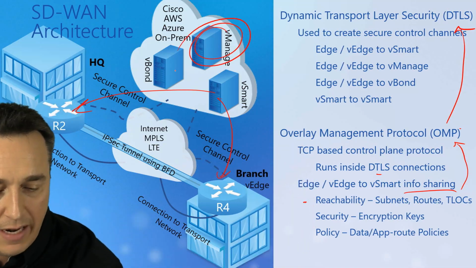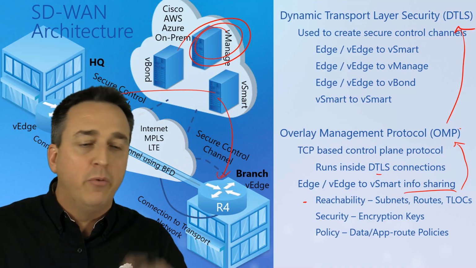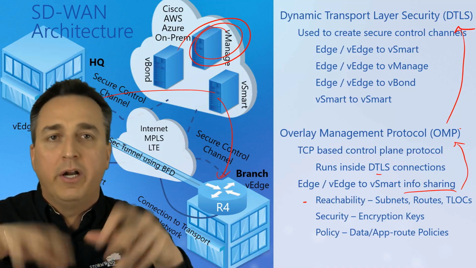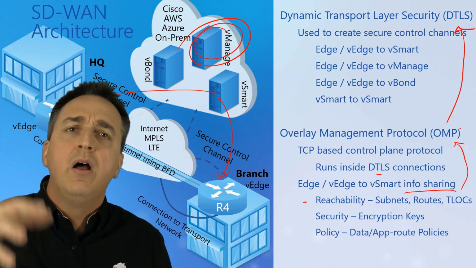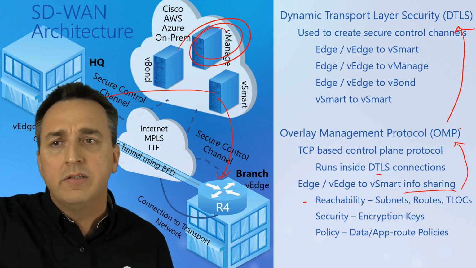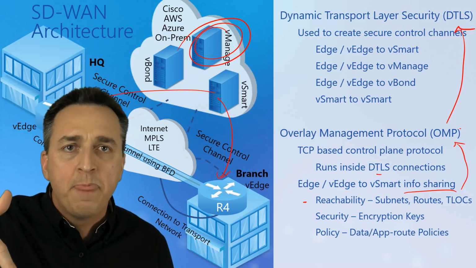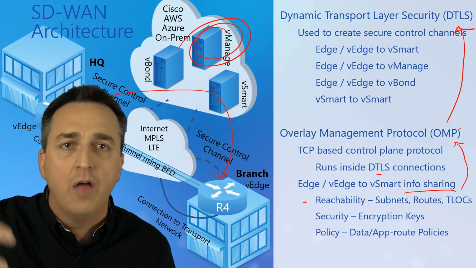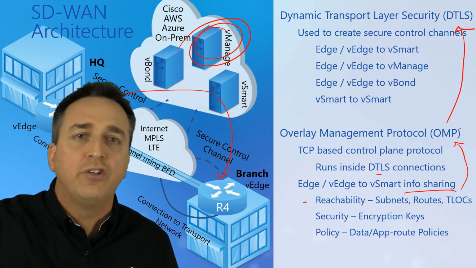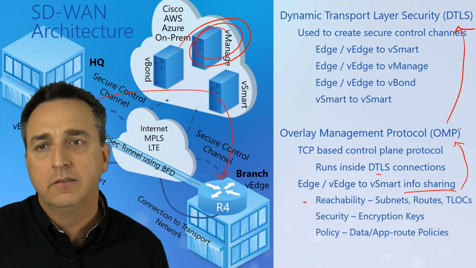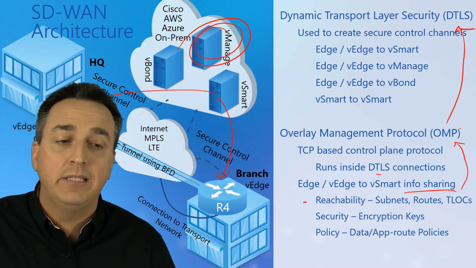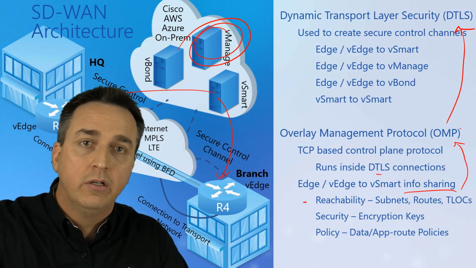Whatever I specified up here, I said, okay, for encryption, we want to do this. For the integrity checking, we want to do this. Remember when we set up our site-to-site IPsec VPNs? There's a lot of work there, wasn't there? I had to specify everything, and then I had to copy and paste it to all the different devices. So now imagine if we had 100 devices. You can see where SD-WAN can make your life a lot easier.